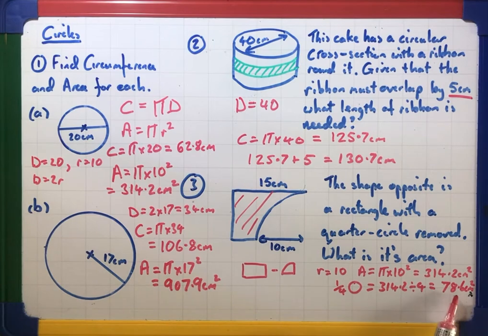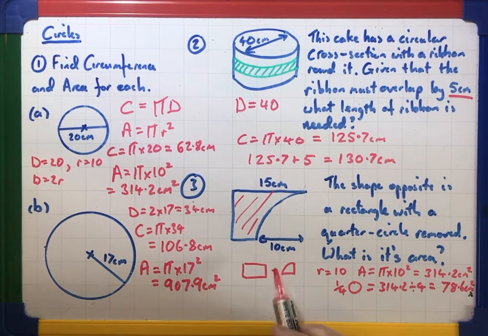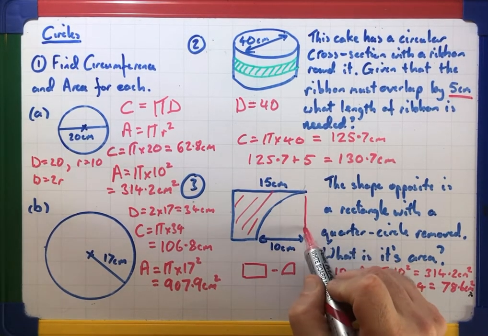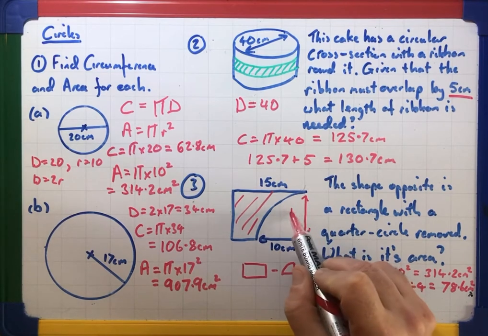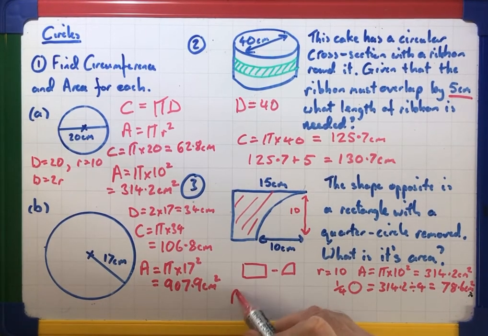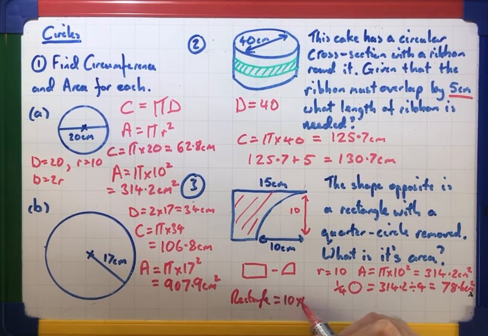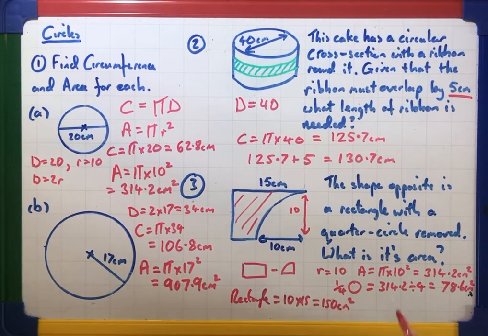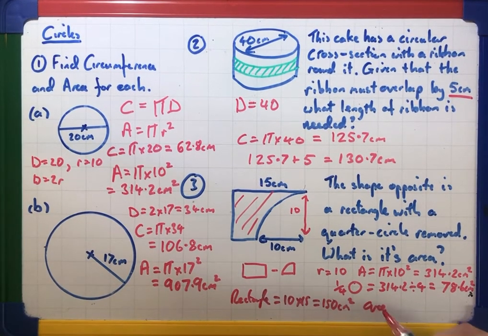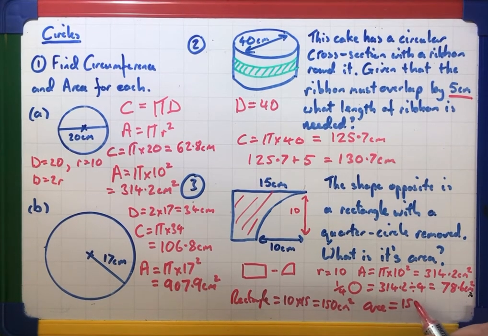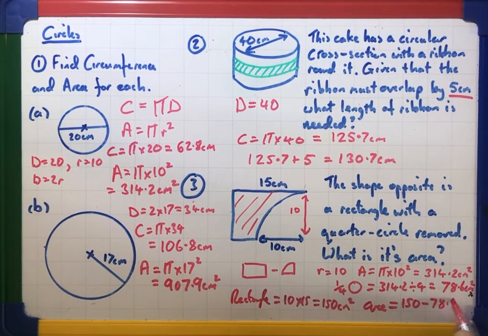So I now know what a quarter of the circle is. The rectangle, yes, is just length times breadth. Now, if that's 10 centimetres, because it's a circle, that also has to be 10 centimetres. So the rectangle is going to be 10 times 15, which is 150 square centimetres. So the area of this shape is going to be 150, take away 78.6, which